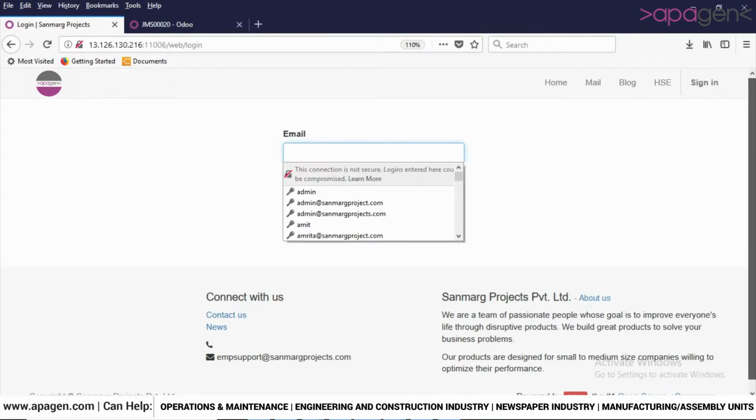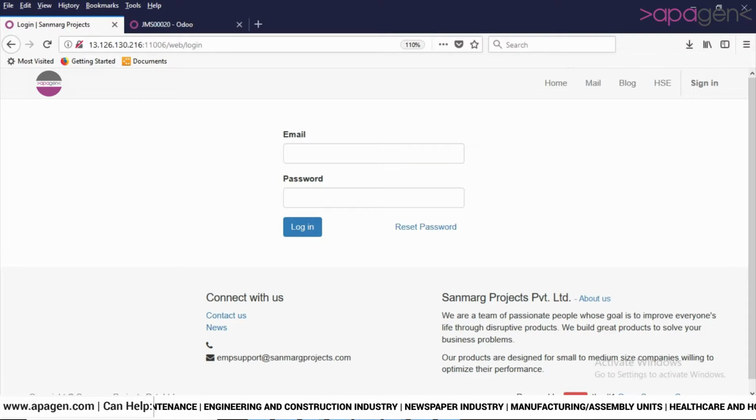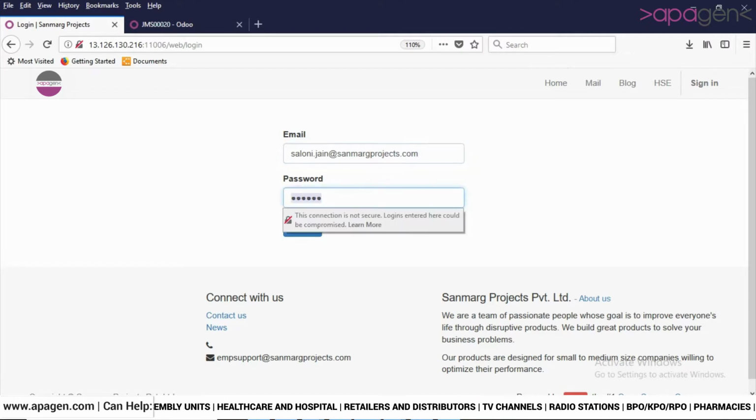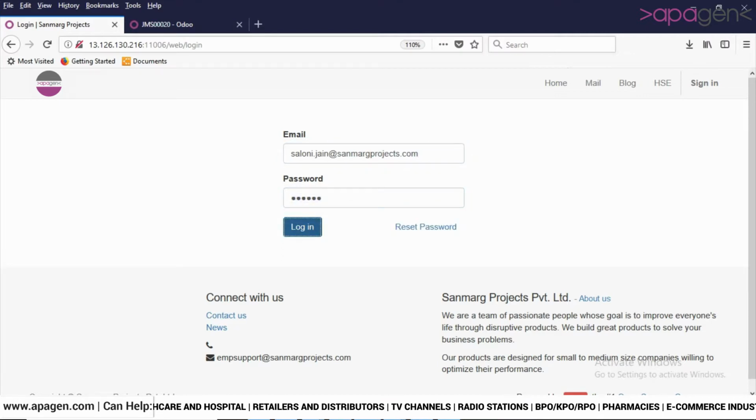In this video I am going to demonstrate how to create an abstract of measurement in ERP. This will be the login screen. Here you will enter the email address. Like here, I am entering the email address of an employee. In password, you will enter the password. Now click on the login button in order to log in to ERP.